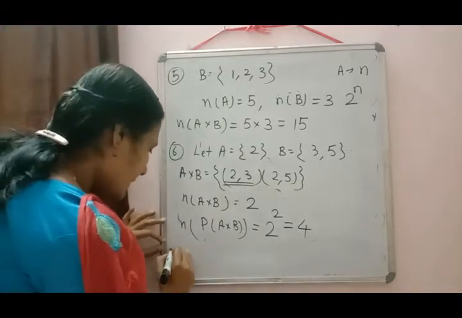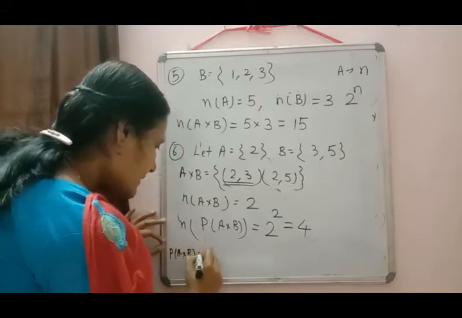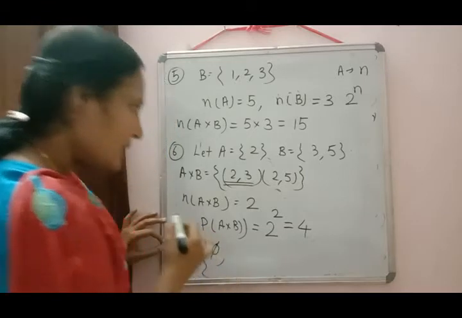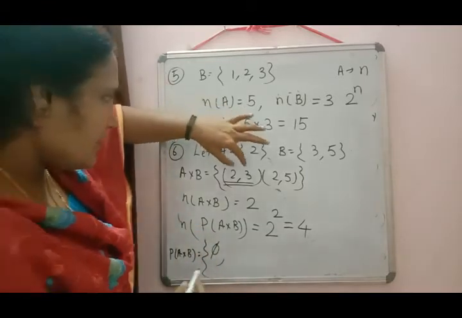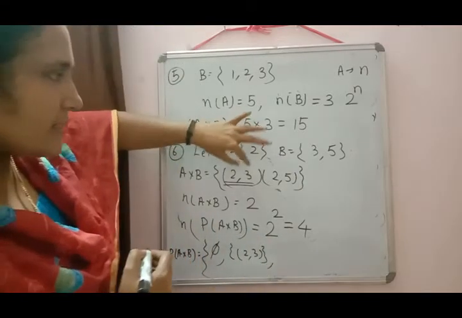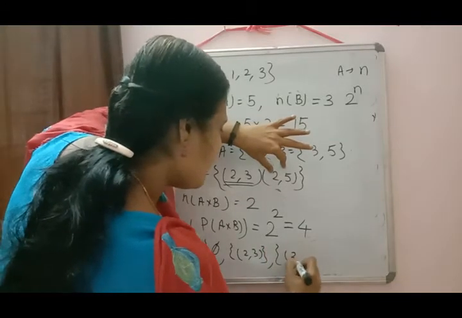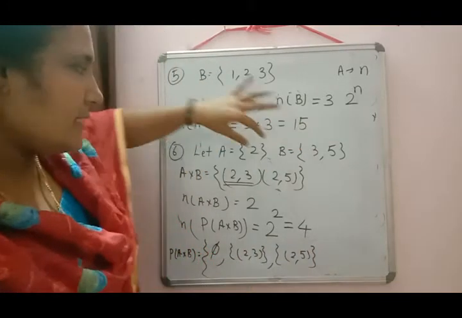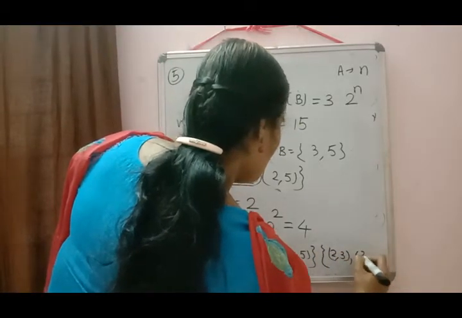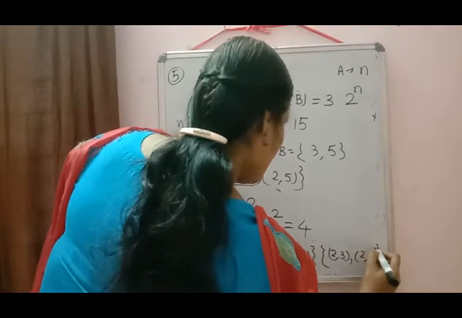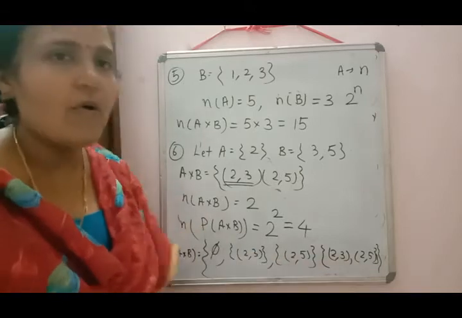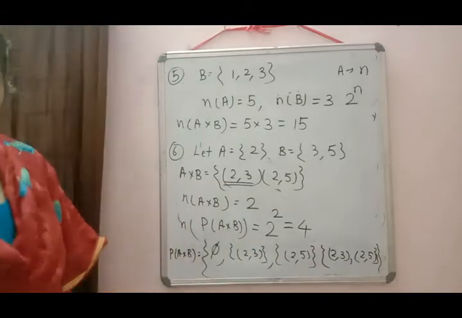So now we are writing here power set of A cross B. It is the collection of all the subsets. So first set what will come? The empty set. Then single element, this one will represent a set, 2 comma 3. Itself it is a set. Then this single element 2 comma 5 will be a subset. Then this set itself, 2 comma 3 and 2 comma 5. So we have all the 4 elements, 1, 2, 3, 4. So in this way we have to write down. Is it clear?